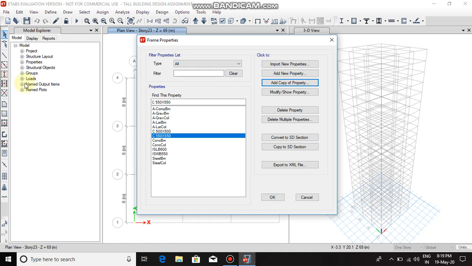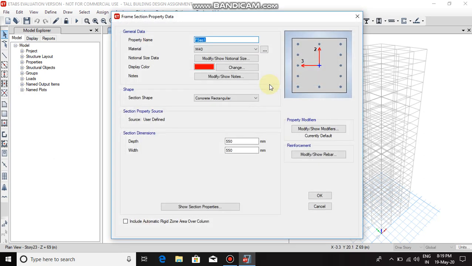Similarly, select the column one more time and click on Add Copy of Property. Change the property name to C 600 mm by 600 mm, keeping the material as M40, depth as 600 mm, width as 600 mm.